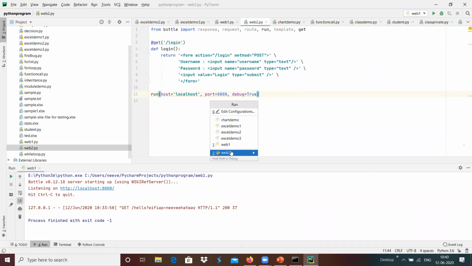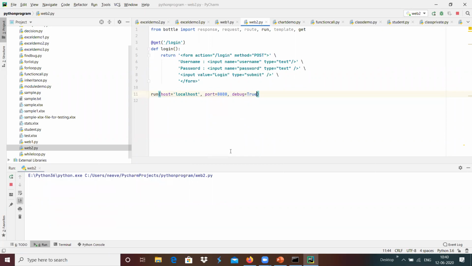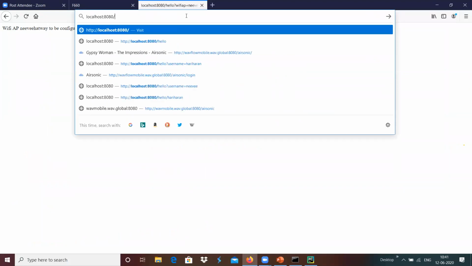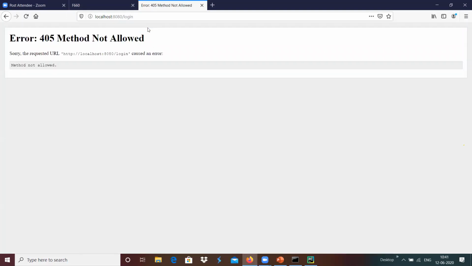I'm going to run web2, which is running on localhost 8080, and I'm going to provide localhost 8080 slash login over here, which provides two input boxes, and then we have the login button over here. And I'm going to type maybe Hariharan, and password can be Hari over here, and I'm going to press login.